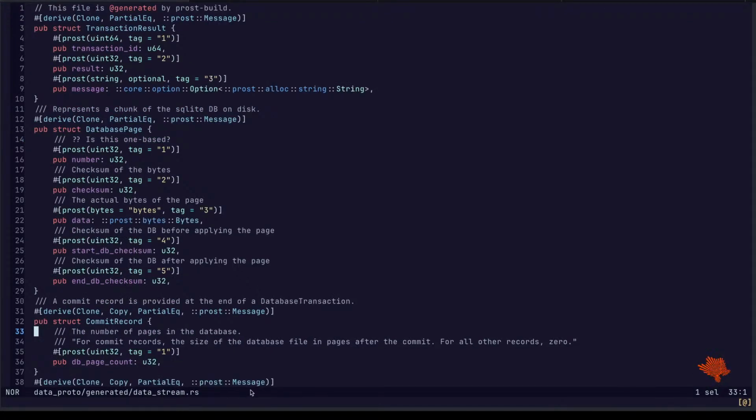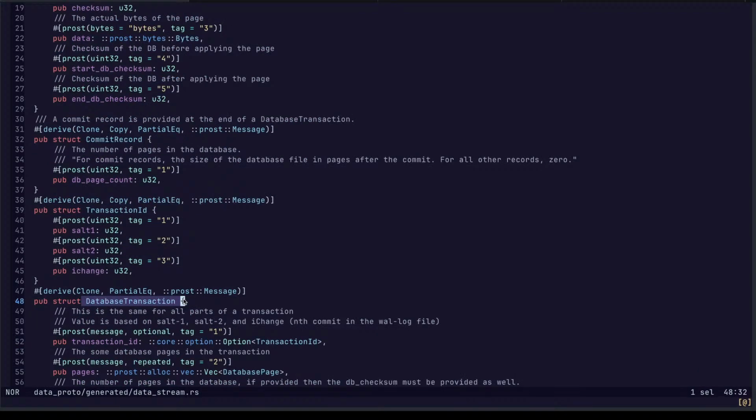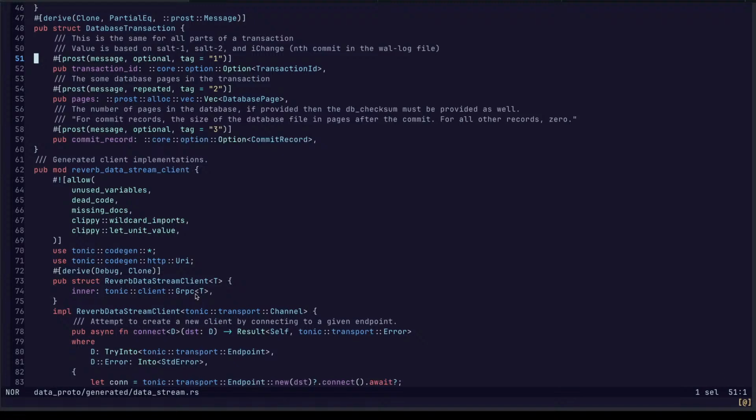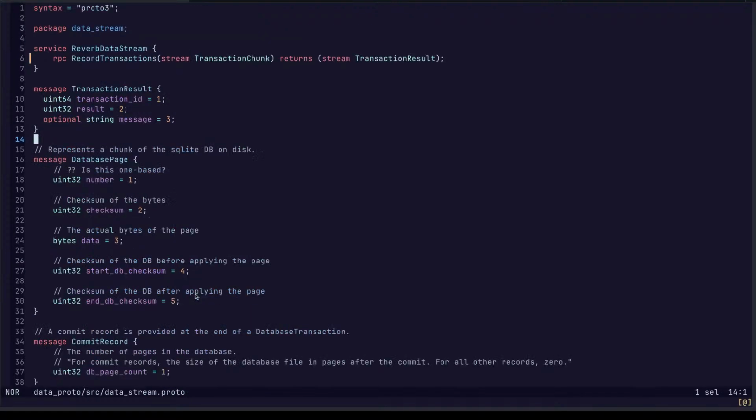Data proto generated data stream. No. This is datastream.proto. It does not have database transaction in it.